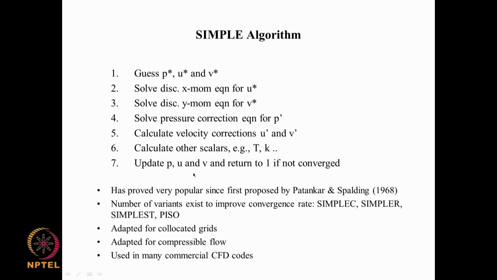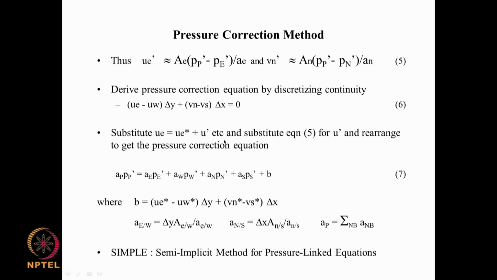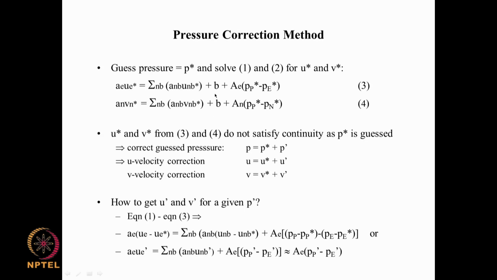So, now you have updated pressure and velocity components, and these updates are used to now go back to step 2 and solve again the x momentum equation and then the y momentum equation and the pressure correction equation. We do this iteratively. Why we need to do this iteratively is because in the discretized equation we are making use of the old pressure field, and so we get this, and again here we get this, and when we are solving